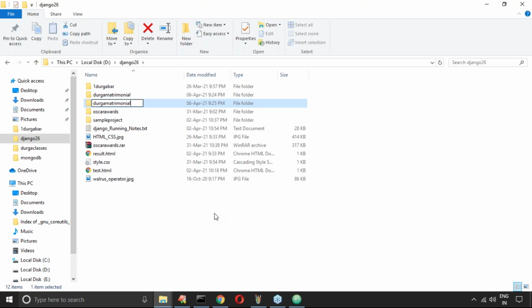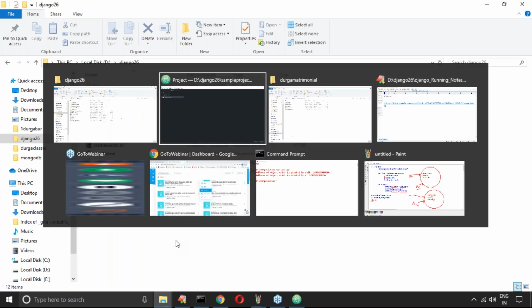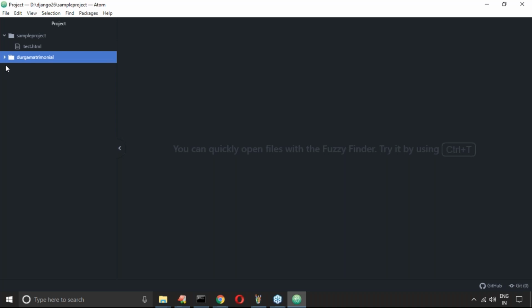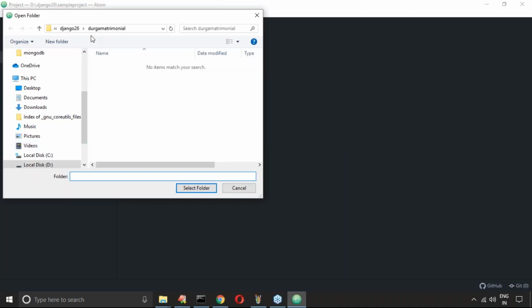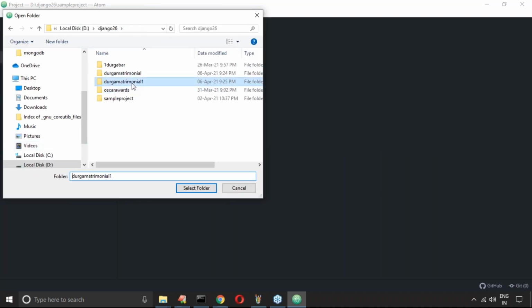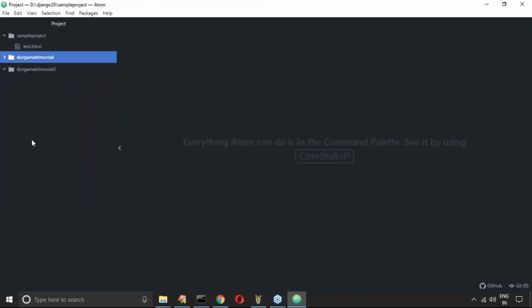Let me add that folder also: add project folder, Durga matrimonial 1. Have you observed? It is an empty folder, nothing is there in it.